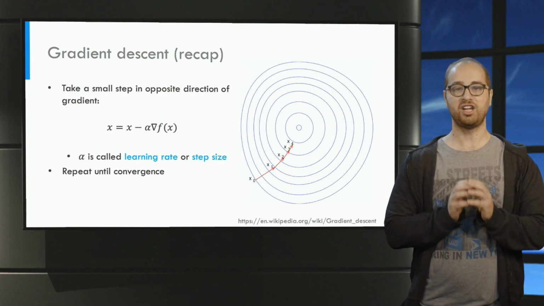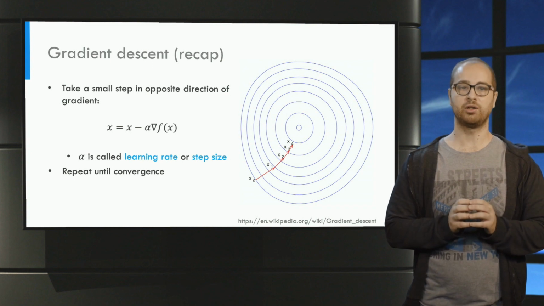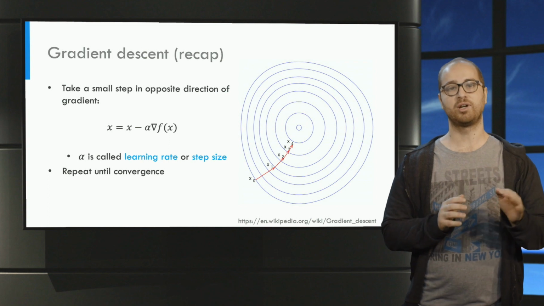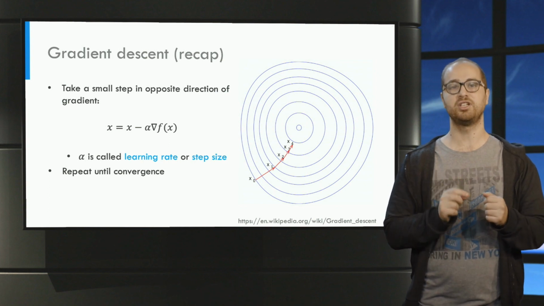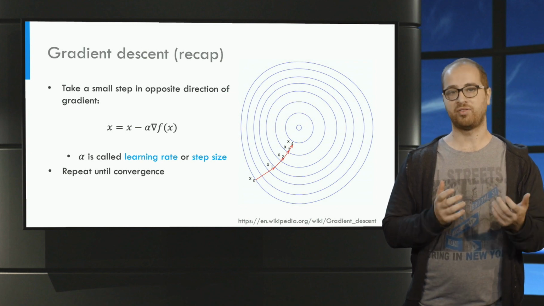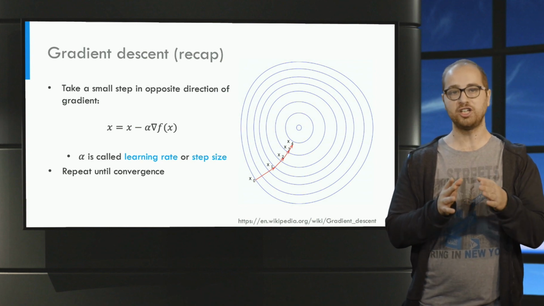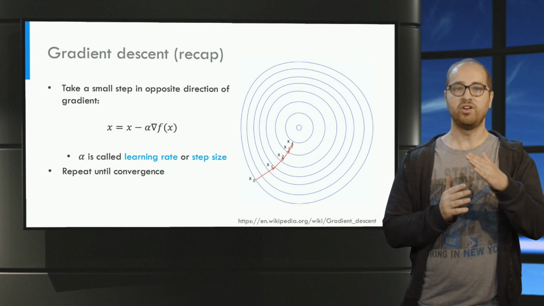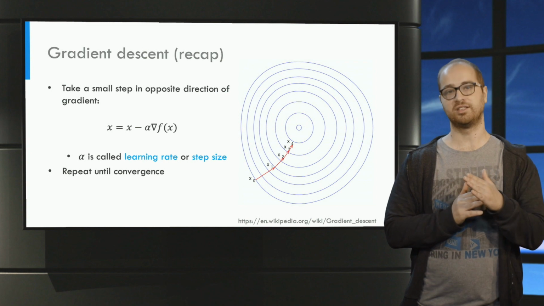In particular, gradient descent is an optimization algorithm that aims to find the local minimum of a function starting from a given point by taking small steps in opposite directions of the gradient. Recall that the gradient of a function in a point represents the direction of growth of a function in that point. Therefore, moving against the gradient will locally minimize the function.